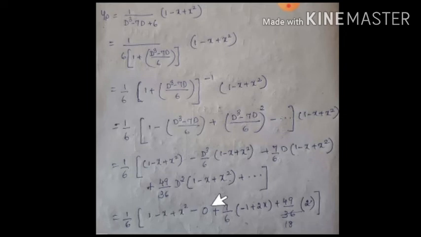Coefficient of x: two terms are there, here and here. Here the coefficient of x is -1. Here the coefficient of x is 7 by 6 into 2, that is 7 by 3. So when you do that simplification, you get some value, and for the constant term you simplify 1 plus 1 minus 7 by 6 plus 49 by 18. When you simplify, you get this answer. So write the complete solution, y equal to yc plus yp. That answer you need to substitute. Okay.